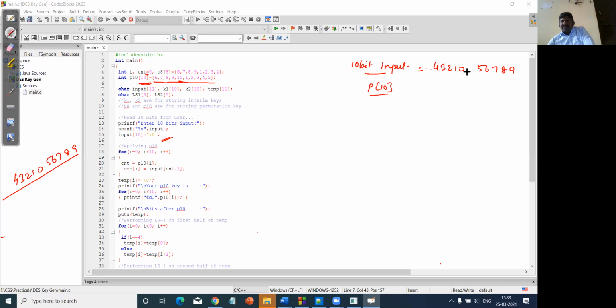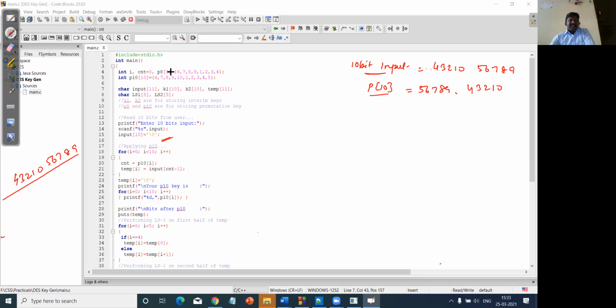So here I can assume it is 6789. So 56789, because here I am defining which values I have. Now the first 5 elements will be the positions of the 6789, and the remaining second half will be the first 5 positions, 1 2 3 4 5. So here 43210 will come. So for that I'm defining how my permutation is to be carried out.